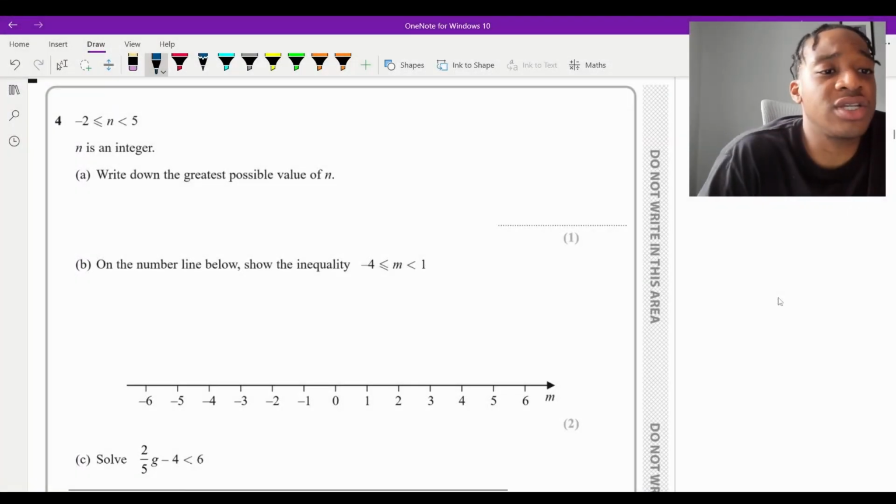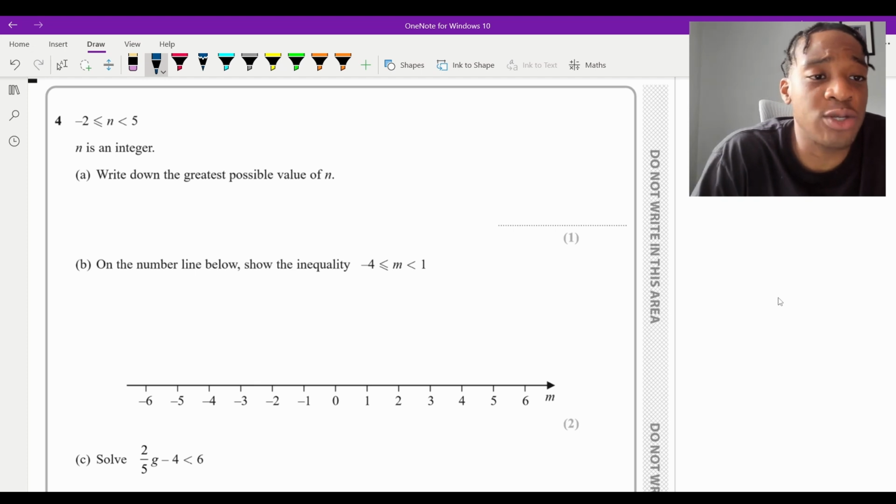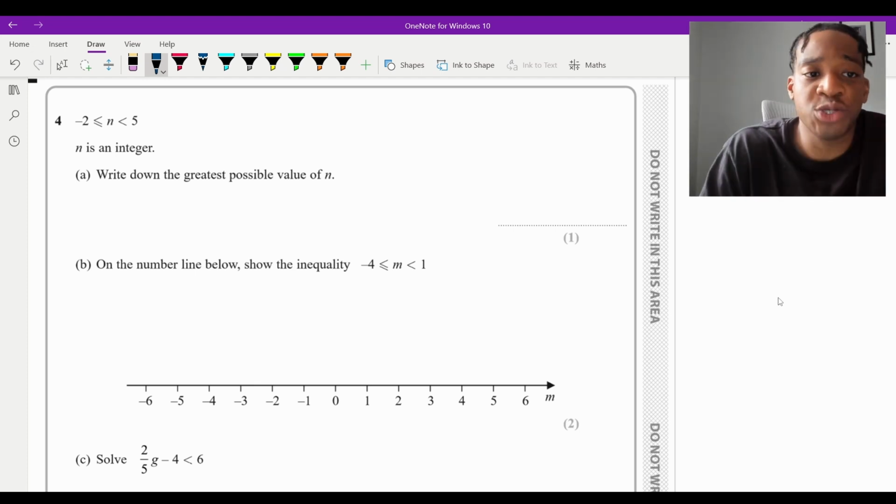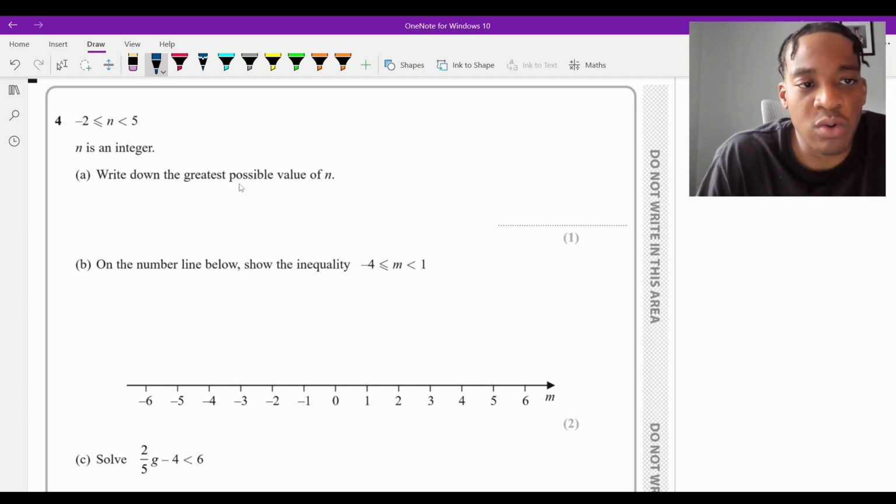Okay, so question 4 says we've got n and that's between -2 and 5, where -2 is included and 5 isn't. And it says that we need to write down the greatest possible value of n. Okay, so with this inequality, what it's telling us is that -2, I'll do it here,